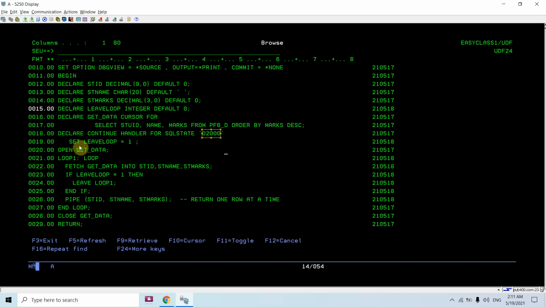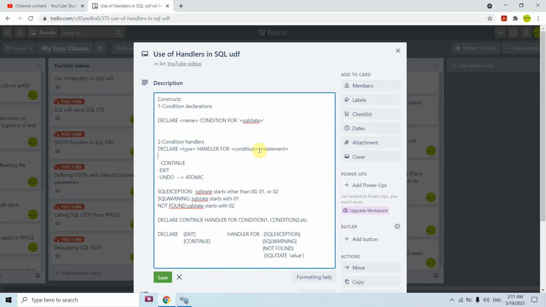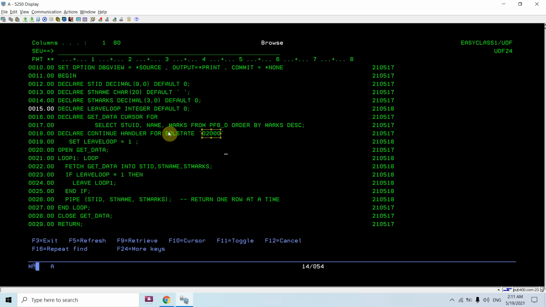Now what happens, I have to provide the set statement here, SQL statement. So what I'm doing, in case record not found, I'll set leave loop as 1, which I have declared as an integer variable. So you can see here this is the cursor, so the first thing is to declare the cursor.